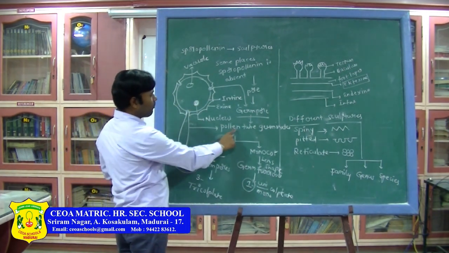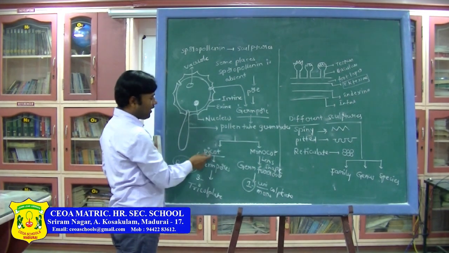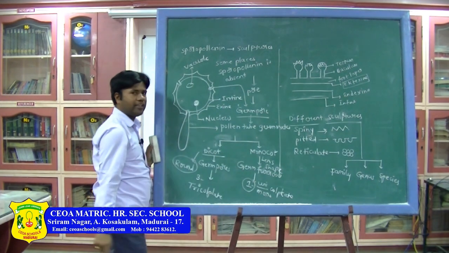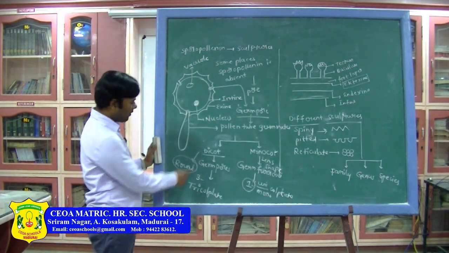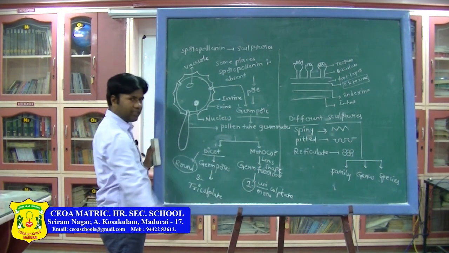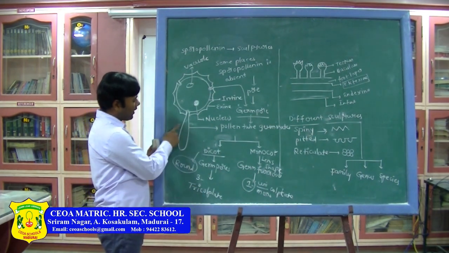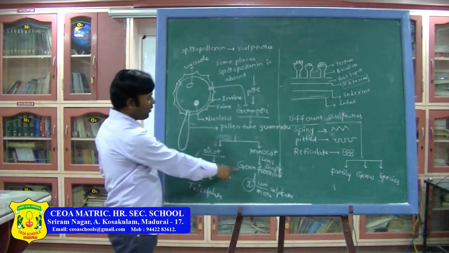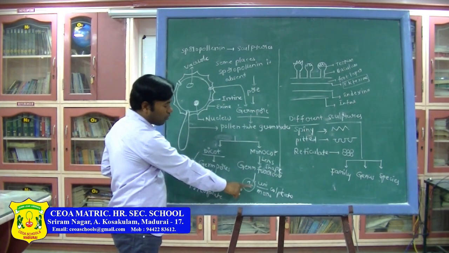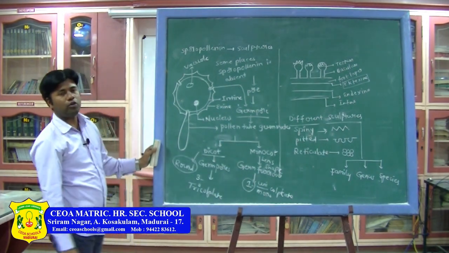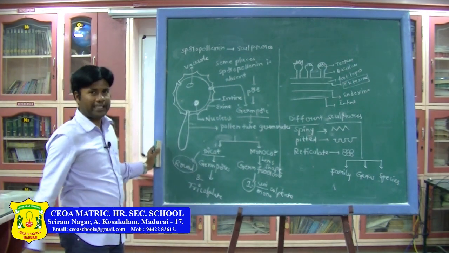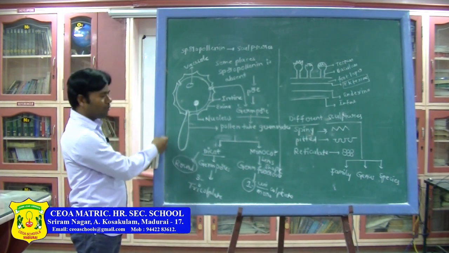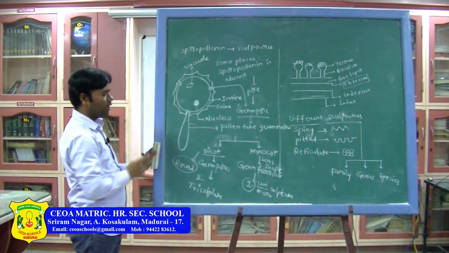Okay. Next, pollen tube germination in dicot and monocot. In dicot it is called a germ pore, in monocot it is called a germ furrow or germinal furrow. In dicot it is round in shape, in monocot it is lens shaped. The germ pores in dicot are 3, which is why we call it tricolpate, whereas in monocot the germinal furrow is only 1, so it is called monocolpate. Okay. This is about the structure of the pollen grain and how the pollen tube germinates through the germinal pore.